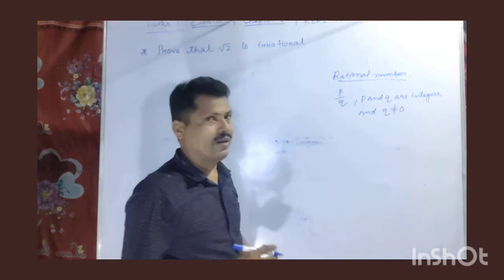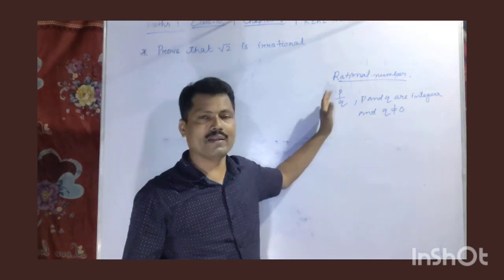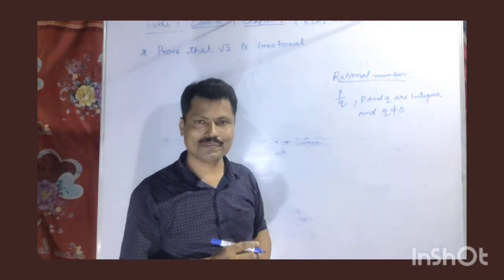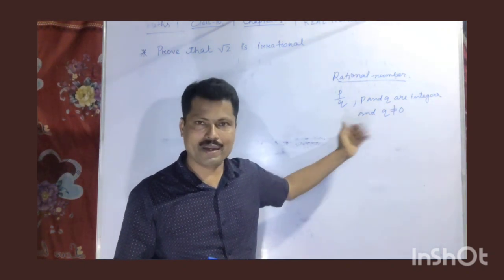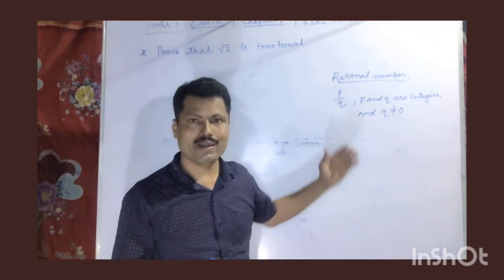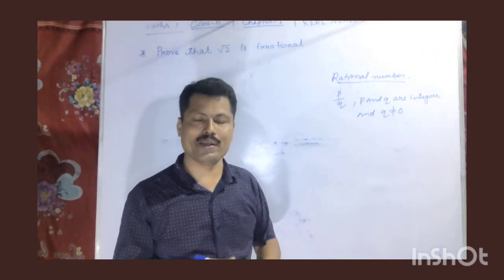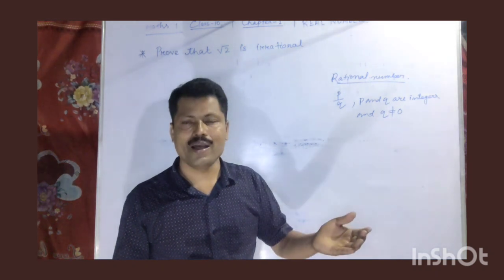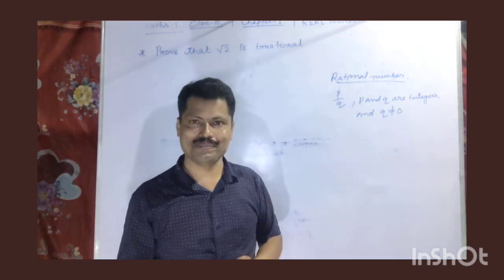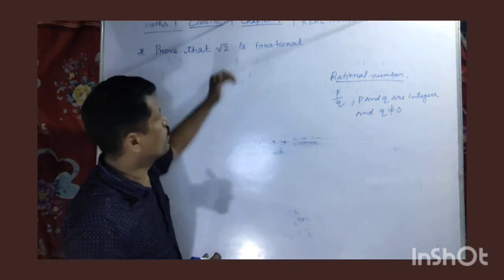And an irrational number is a number which we cannot write in the form p by q. Rational numbers have decimal expansions that are terminating or non-terminating but repeating, and irrational numbers are non-terminating and non-recurring, not repeating. So we have to prove that root 2 is irrational